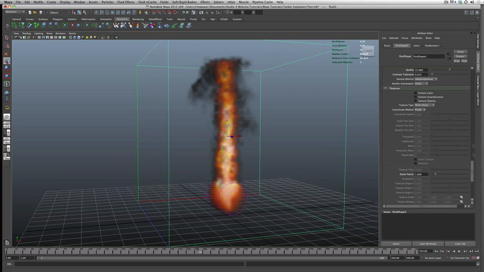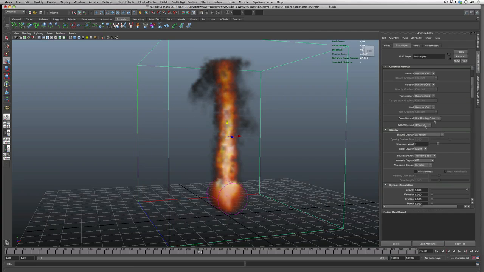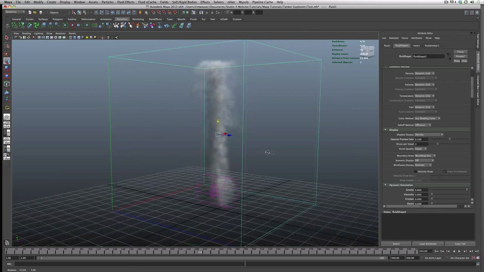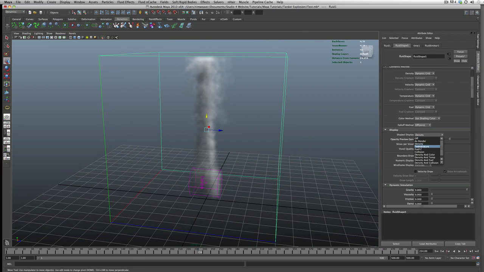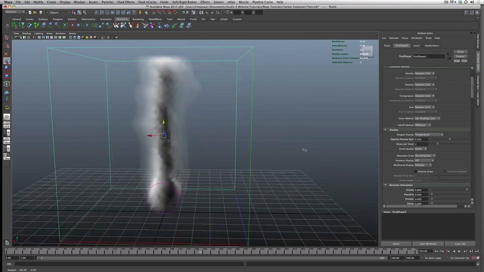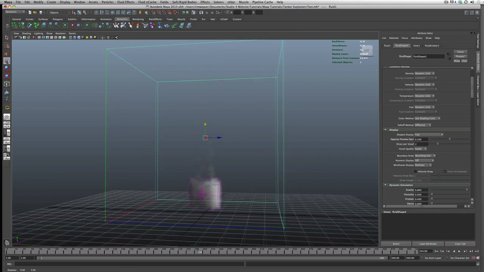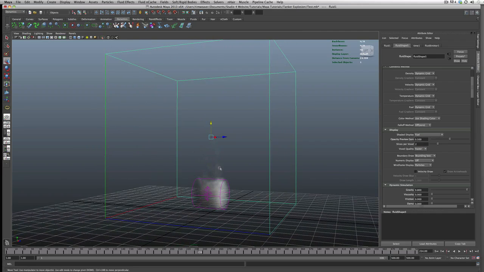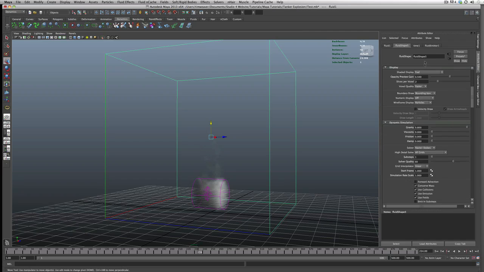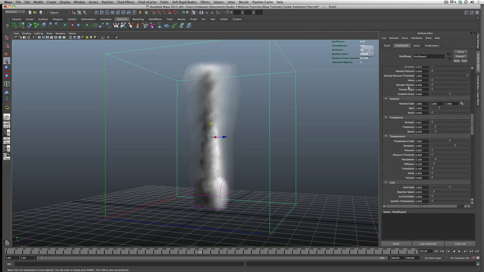So if you go back to the top, our display, you can see if we change it to density, our density looks good. Our temperature is probably off the charts. Yeah. So we have a lot of temperature. We need to change that. Our fuel is probably stuck at the bottom. You can see it's rising up a little bit. Let's go ahead and just make some quick changes to our temperature tab at least. So if we scroll back down to temperature,